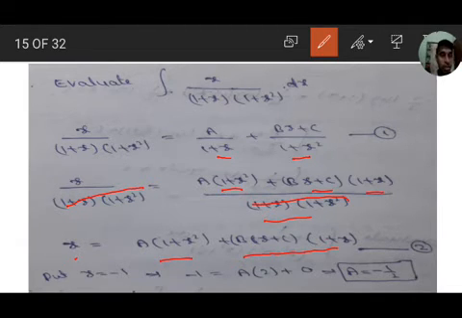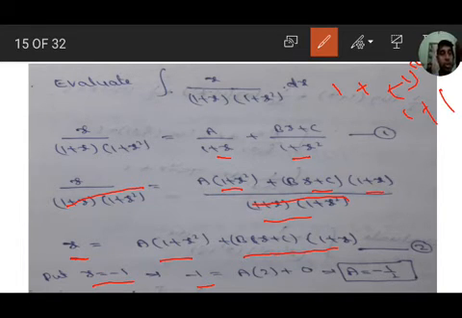What is the substitution? To get the a value, this bx plus c must be 0 for x equal to minus 1. 1 plus x is there, so x equal to minus 1. So put x equal to minus 1, then LHS minus 1 equals a into 1 plus minus 1 whole square. Minus 1 whole square means 1. So 1 plus 1, that is 2. That is a into 2. Bx plus c into this is 1 minus 1, 0. Total it is 0. Therefore this 2 comes to the other side, and since it is multiplying, it will divide, so a equal to minus 1 by 2.